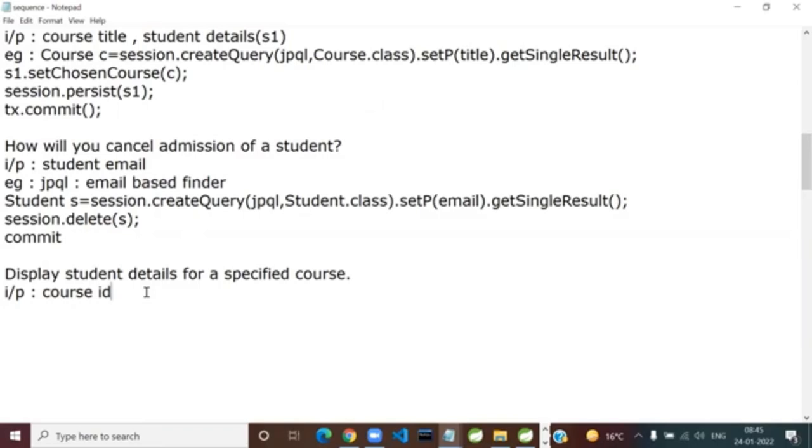No such method exists. So tell me, I'll give you half a minute. The user has given you the course ID and I want to find out maybe student names or full details, I don't care. Is the problem clear? I cannot access the students from the course side. That's your problem statement. Give me the answer. Okay, clue: JPQL. No, I want a full JPQL, Aniketa. I'm not accepting.